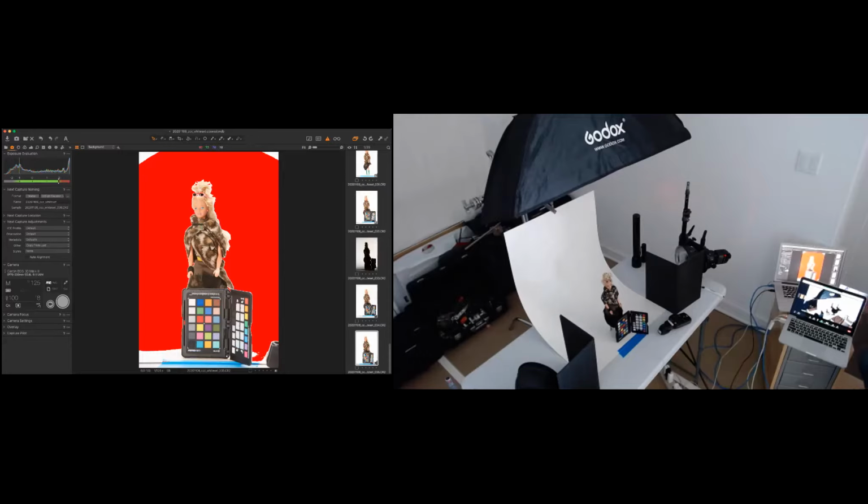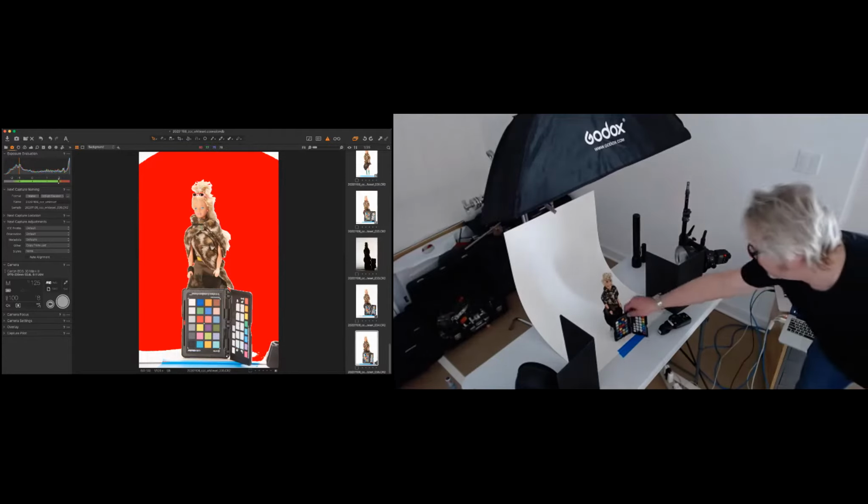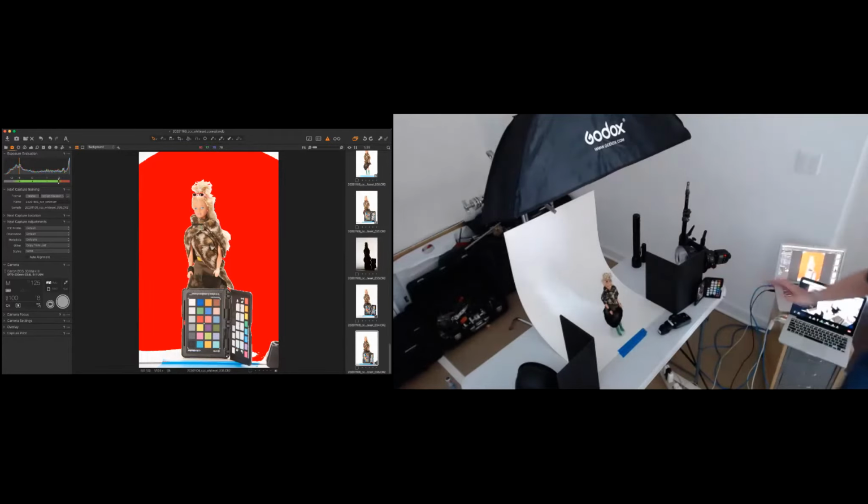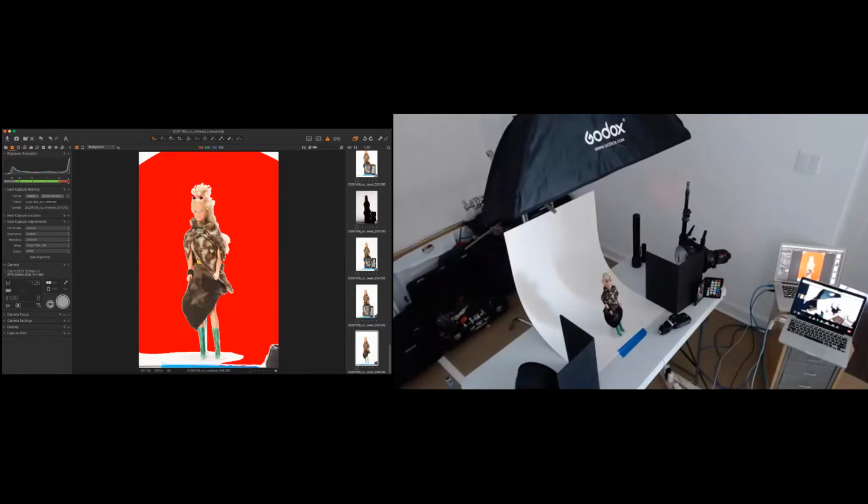But you can see that my floor now, for that very same reason, also needs to be bumped up. So I'm going to add a third of a stop on my backlight. I'm going to add another third on that backlight. Another third on that backlight.